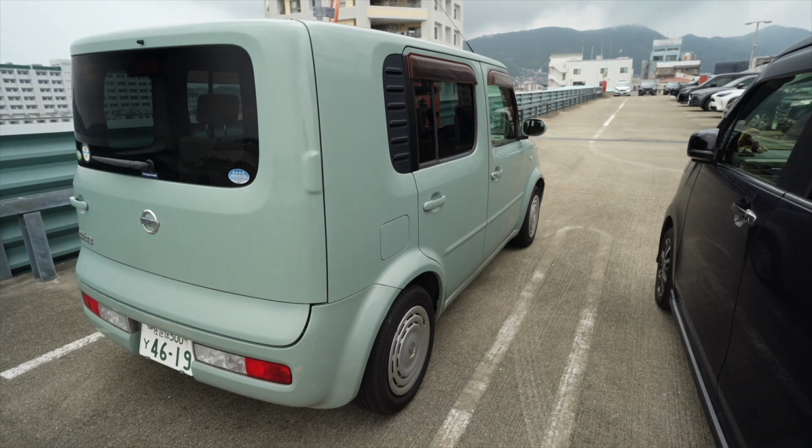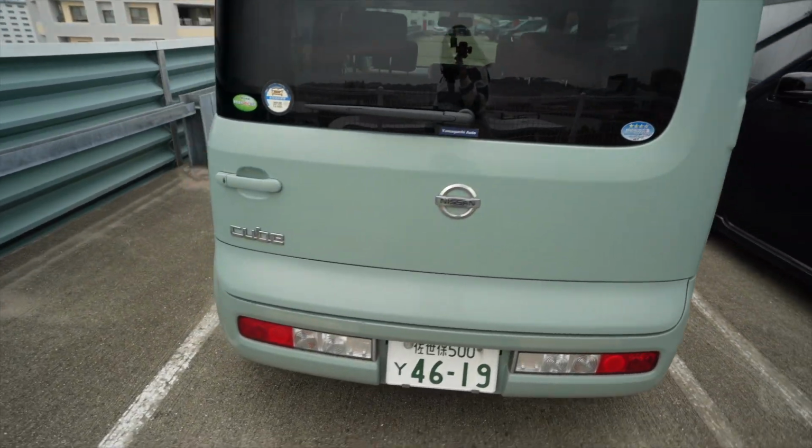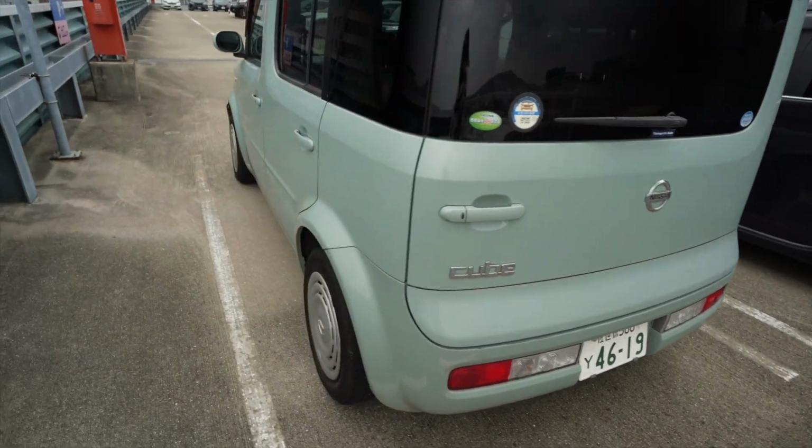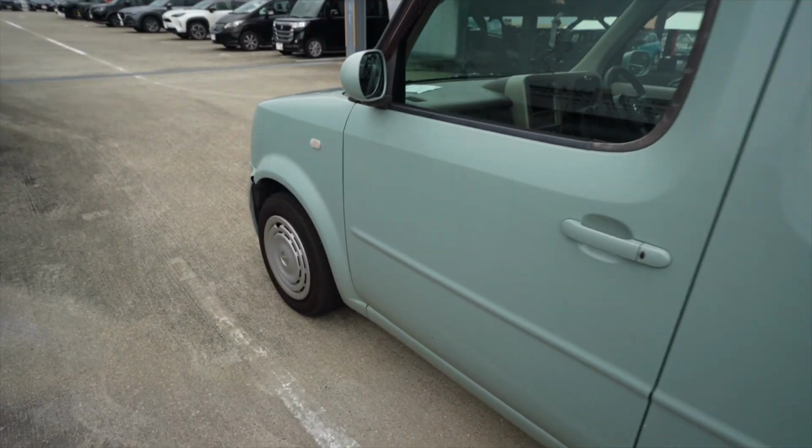Okay, so while I'm talking about the car, I'm going to show a video of how the car looks. I ended up buying a 2015 Nissan Cube. The way I found this car was because I was in about 4 different Facebook pages for the area that I'm in to buy used cars, besides just checking out Facebook Marketplace. And I was constantly, every single day, looking at these pages, trying to find something